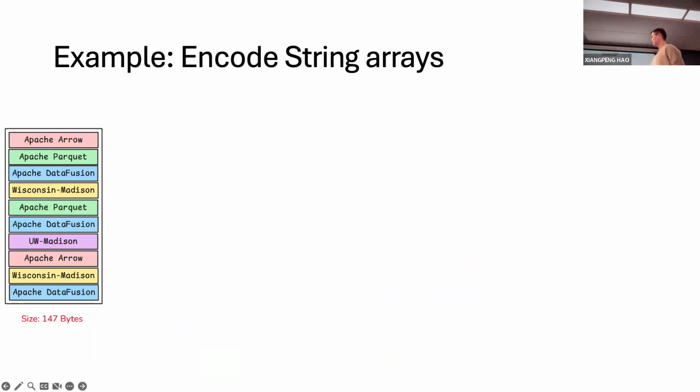We have an array of strings like Apache Arrow, Apache Parquet, which are variable length, Wisconsin-Madison. And the question is, how can we encode this array of strings better than Parquet? What Parquet does is run a dictionary encoding and then a general-purpose compression algorithm, which doesn't do well for fine-grained